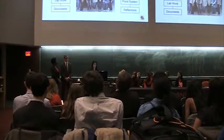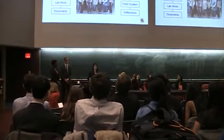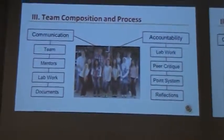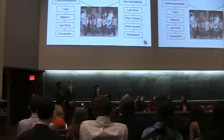Team composition and process. The two biggest points of advice we can give for new teams is to focus on communication and accountability. Communication has to be clear between your team and your mentors when you're doing lab work and through the documents you write. Although we are a fairly large team of 12, we are still able to communicate well with each other and